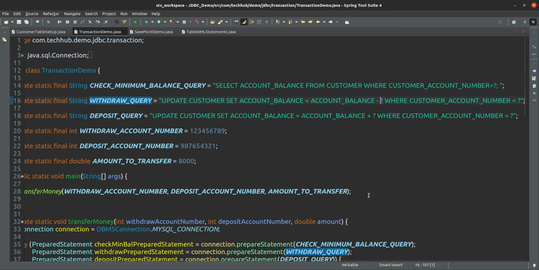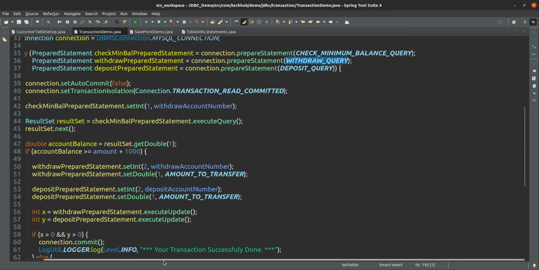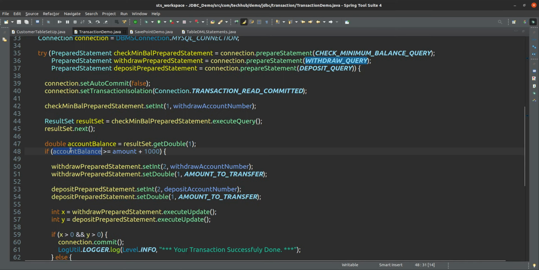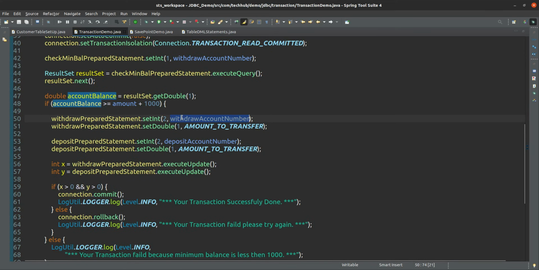First we are deducting, withdrawing the amount from the balance, from the account where the account number is something. So this is the query that we are executing. If your balance is satisfying, then we are setting that, and this is the amount that we have to transfer.